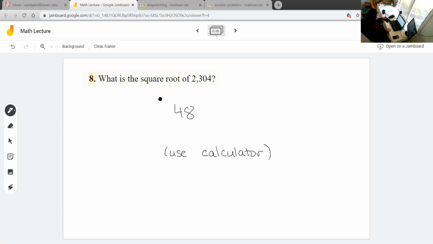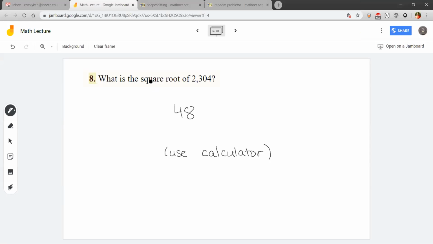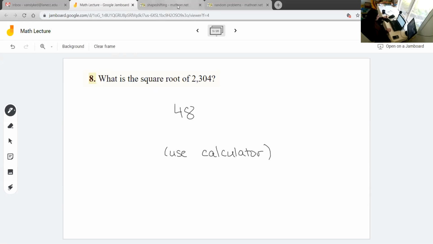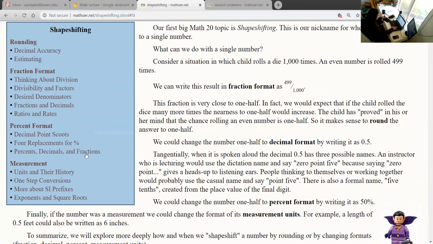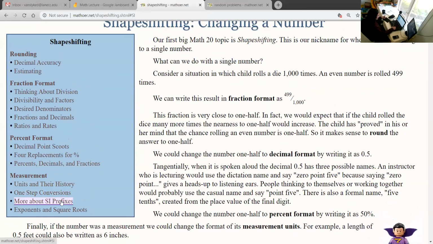Should we take a quick tangent and talk about smartphone apps that do math for you? Yes. Okay, so stopping homework for now. We've now reviewed these things at the bottom of the shapeshifting, the SI prefixes and the exponents. I'm going to open a new page, and